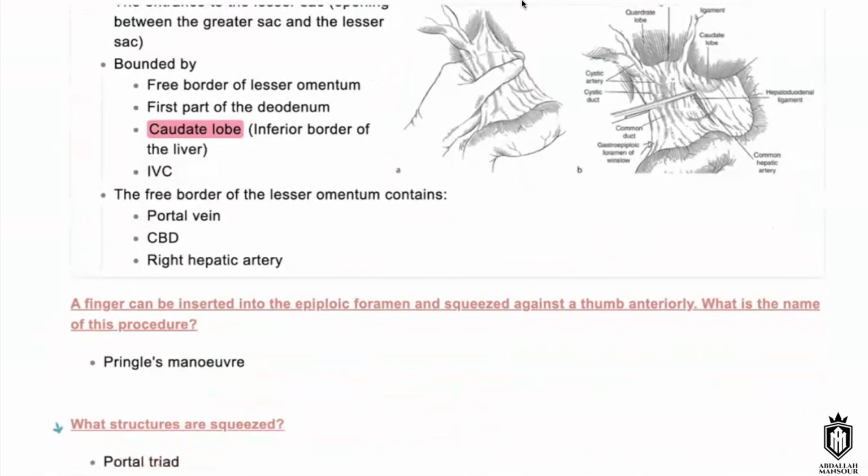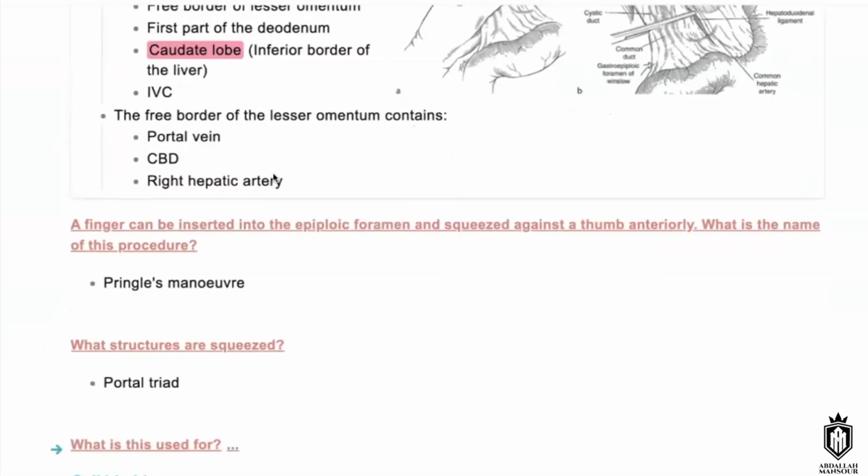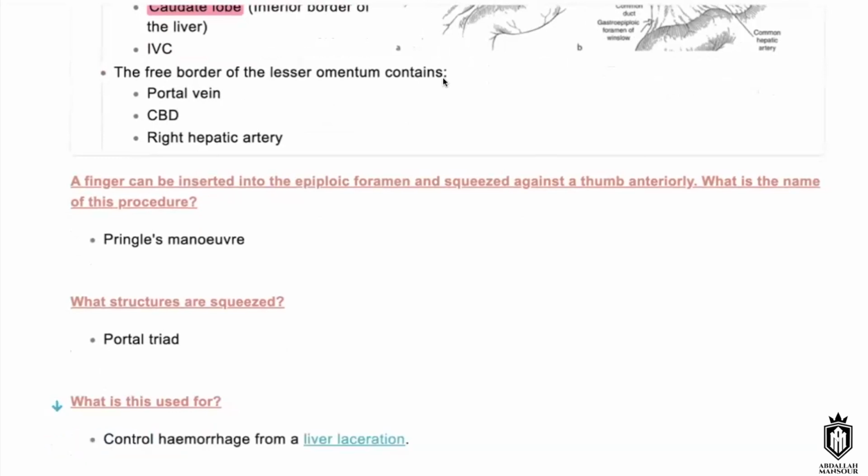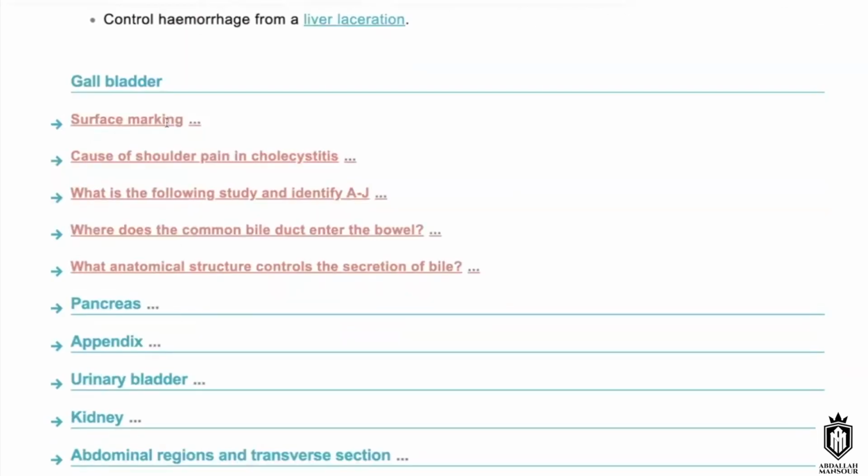Yeah, well done. Obviously the structure is being compressed or squeezed. These are the portal triad, which we mentioned here: portal vein, CBD, and right hepatic artery. We said the clinical significance. The gallbladder is situated